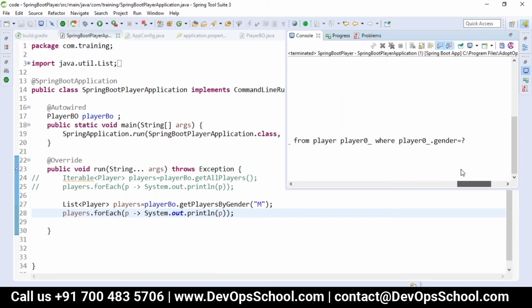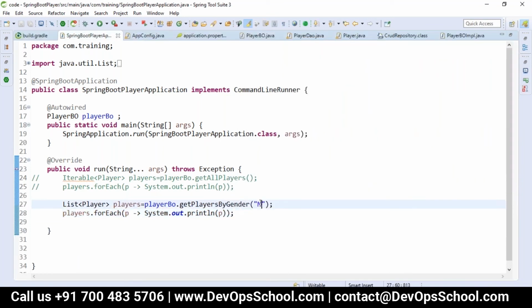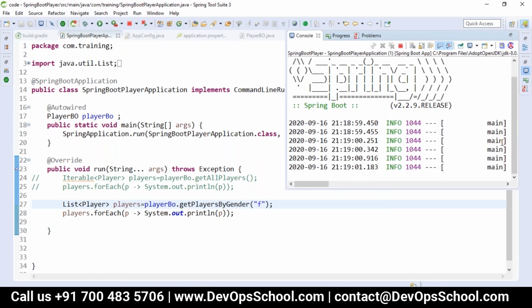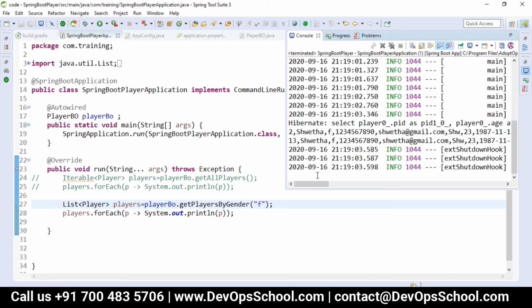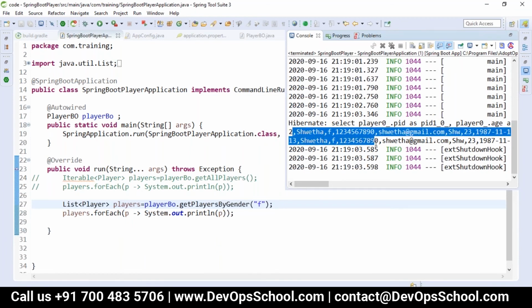Maybe because of gender, M or F, I'm not sure what genders we have. Yeah, see, now when I wrote F, I'm able to get two records, which are 2 and 13. Those two records are coming.